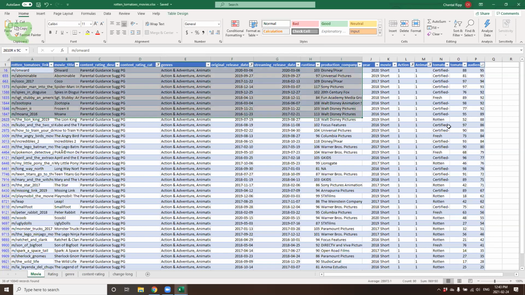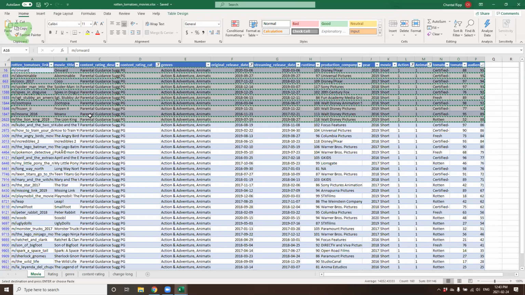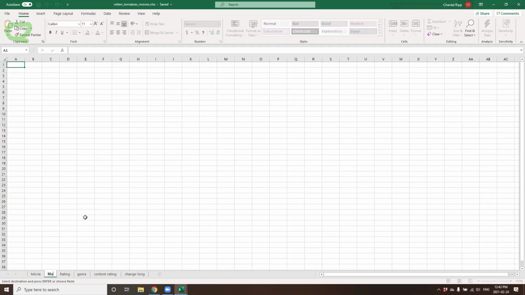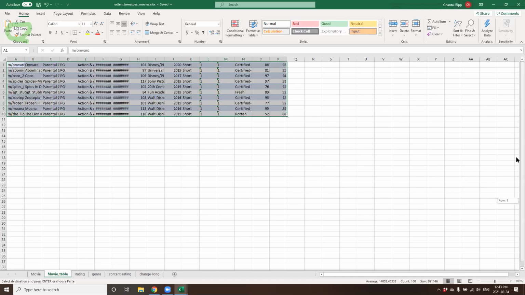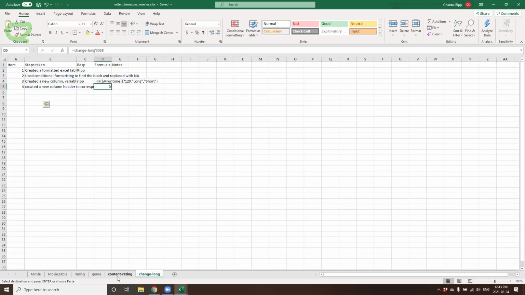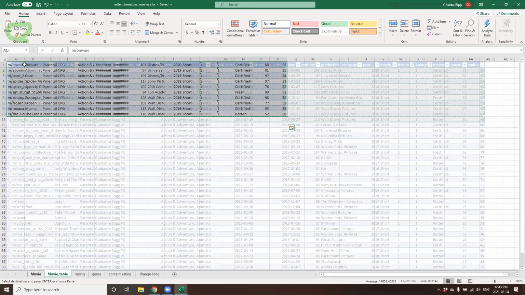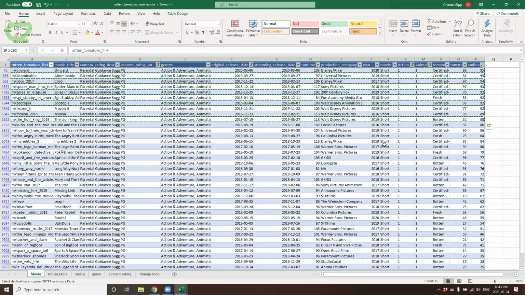I'm going to actually copy and paste 2, 4, 6, 8, 10, Control C, and I could tell I'm copying only visible cells here. I'm going to add in a new one, rename table. As we talked about in the beginning, it's best to take away from your raw data and put your analysis somewhere else. I did not copy by accident, pardon me, just the content headings, and I will just bring those in.